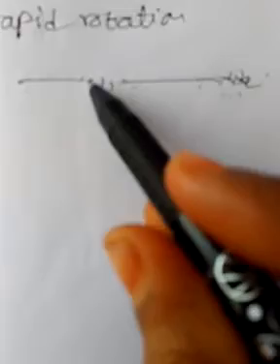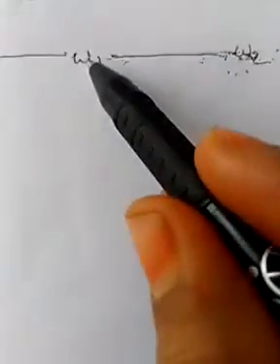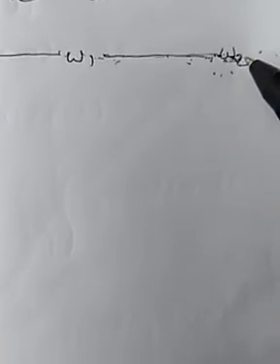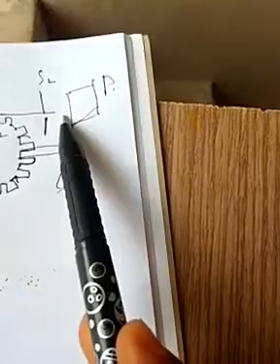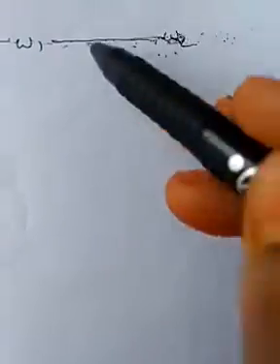So whenever the wheel turns through 2 degrees, if one molecule enters W1 and covers the distance and reaches W2 when it completes its 2 degrees rotation, then only it comes out from the wheel W2. It passes through the wheel W2. In this way the molecules are deposited on the photographic plate. Here is a photographic plate P. So only those molecules which cover the distance and pass through W2 are deposited on the photographic plate P.